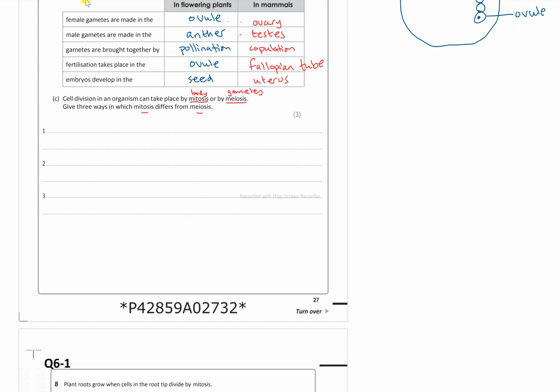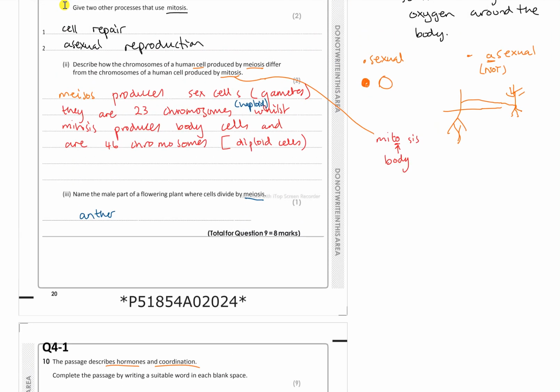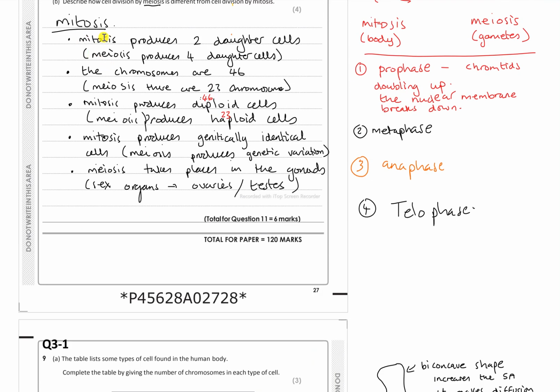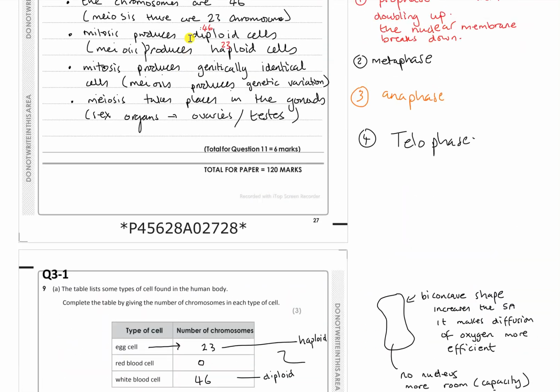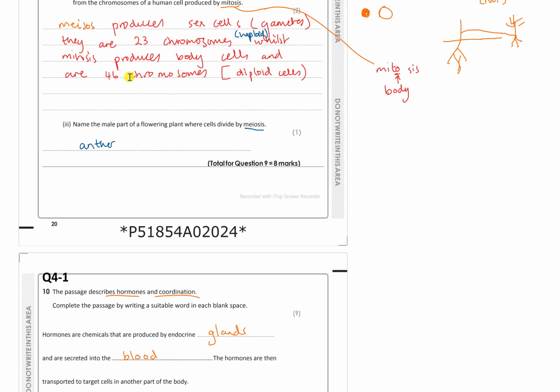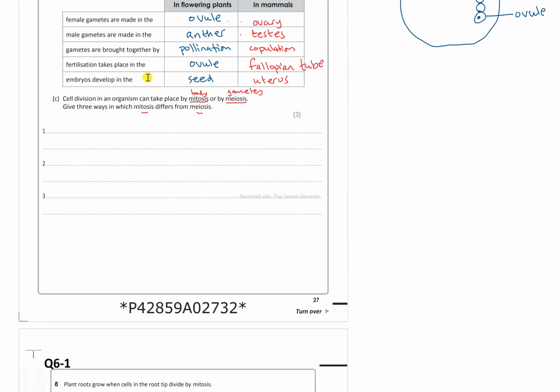Right, so it's gone the other way around. In the previous question, they asked us to write it the other way around. Meio instead of mito. So everything we've written there, we can literally write here. So okay,